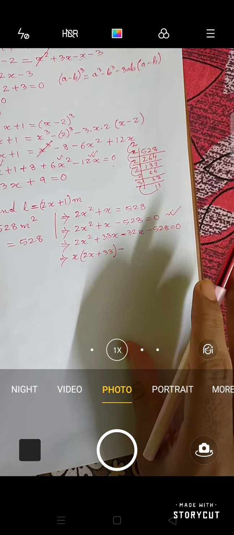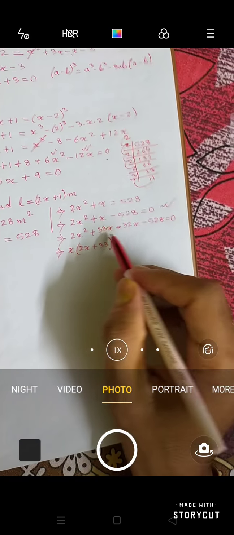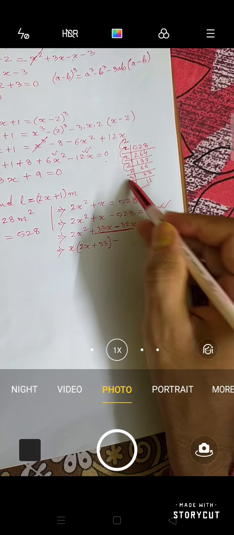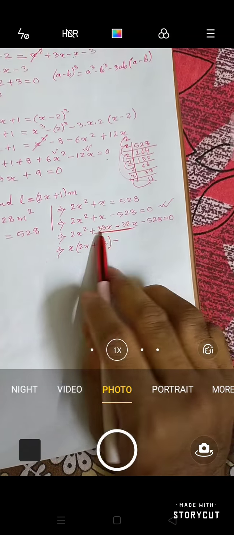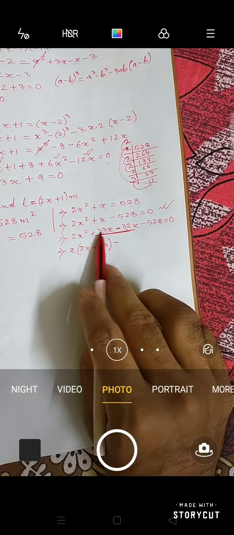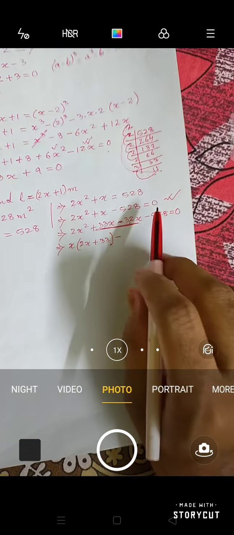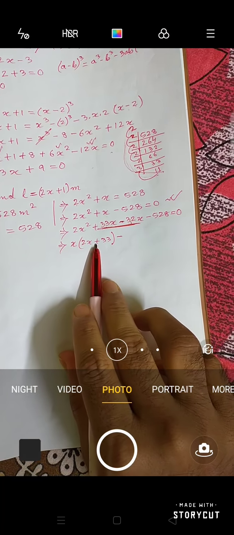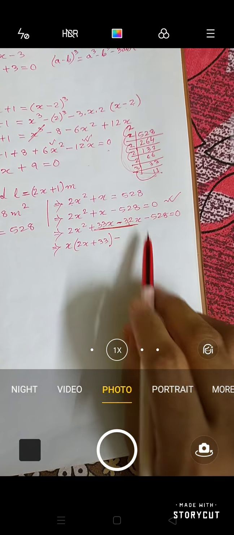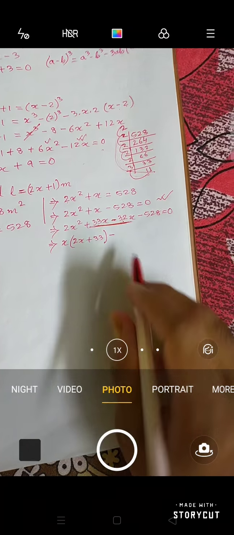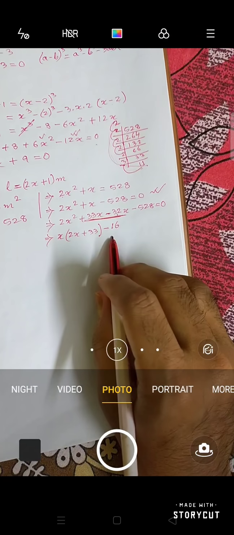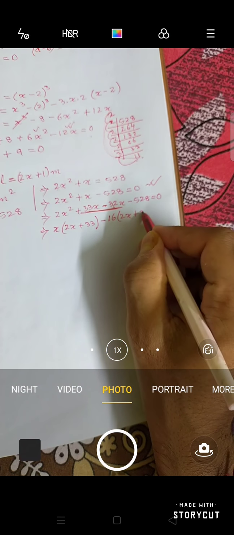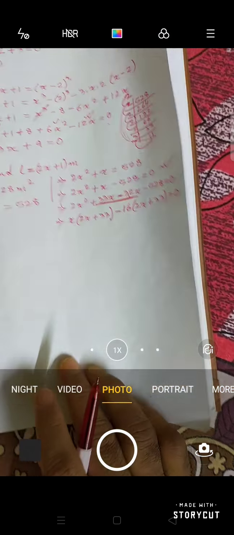So remember that there is a simple way. If you have taken this middle number properly using all the numbers you got after prime factorization, and after multiplying you are getting the first and the last term, then we can check what is common in the bracket, 2x. So 2 times how much is 32? I'll take 16 and 16 as common. Without thinking, I will write 2x minus minus is plus 33 equals 0. Understood?